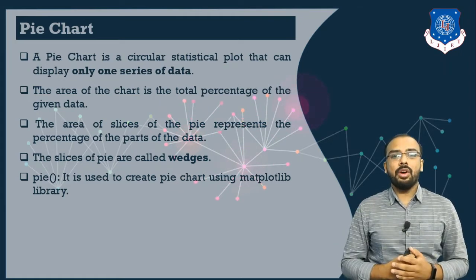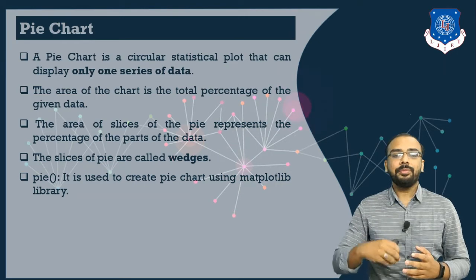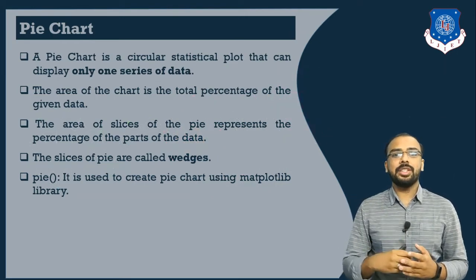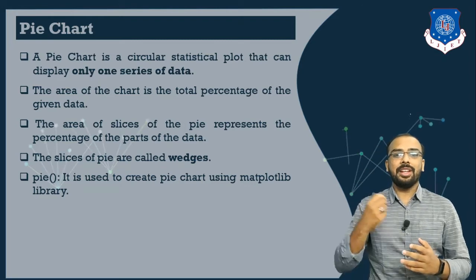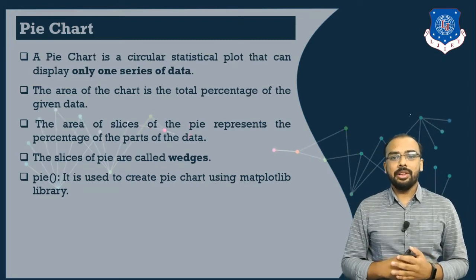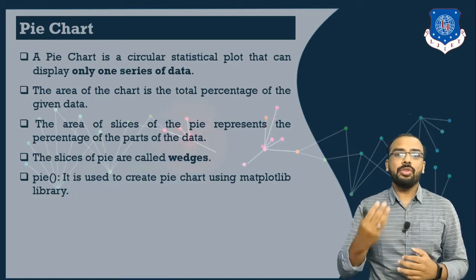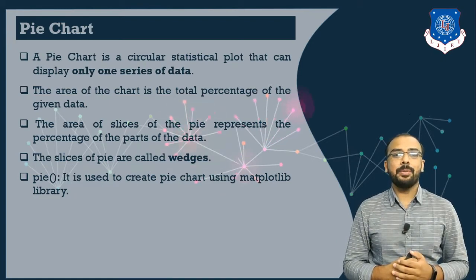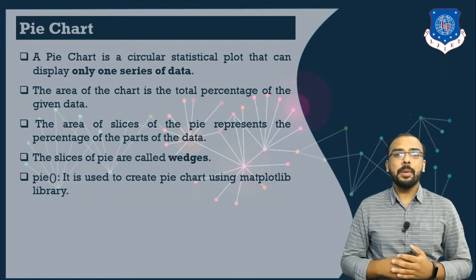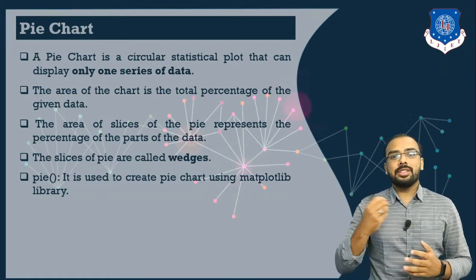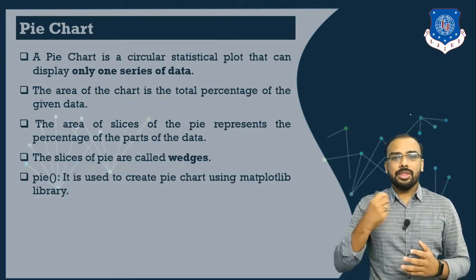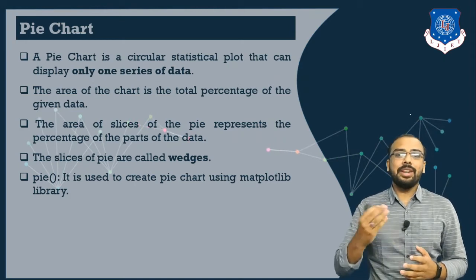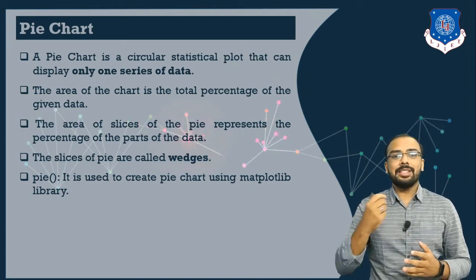Consider an example of weather indication. In case of weather, if we consider whether it is a humid temperature in a particular city, whether it is rainy or it is spring, whenever you want to represent a single series of data, at that particular time we have to use our pie chart. These circular sections are known as your wedges. With the help of this pie chart, we can represent our single series of data.